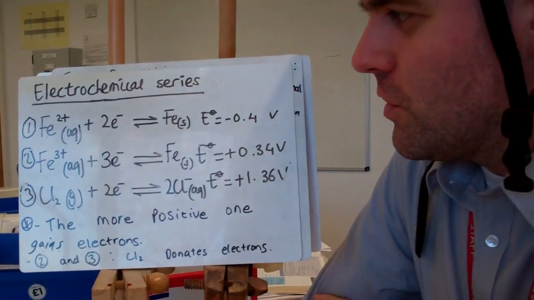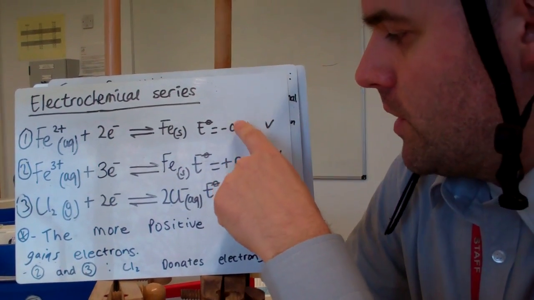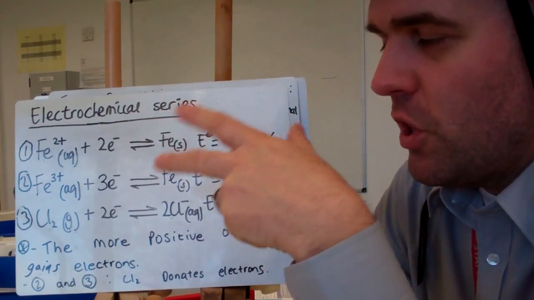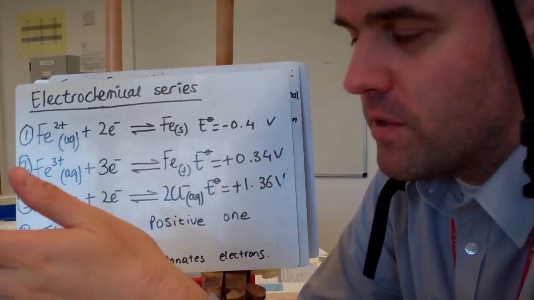Okay, so here we've got two half cell equations. And here are the standard electrode potentials along here. The more positive one is the one that will go forward when two are linked together. So you can't have a half cell by itself, you have to link it to another one to make these